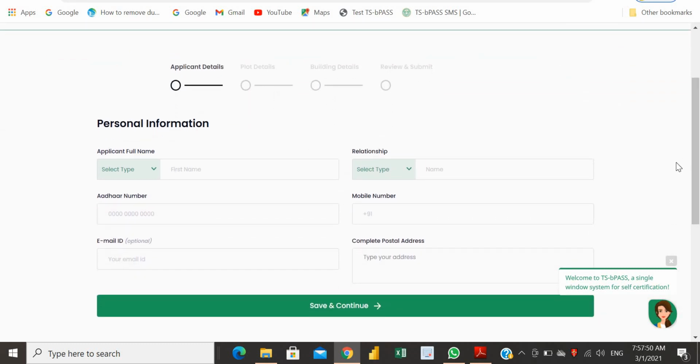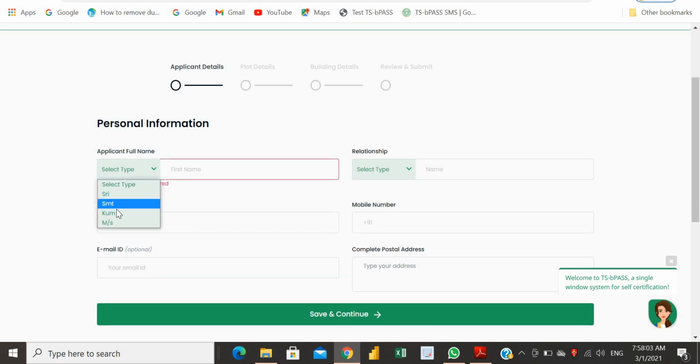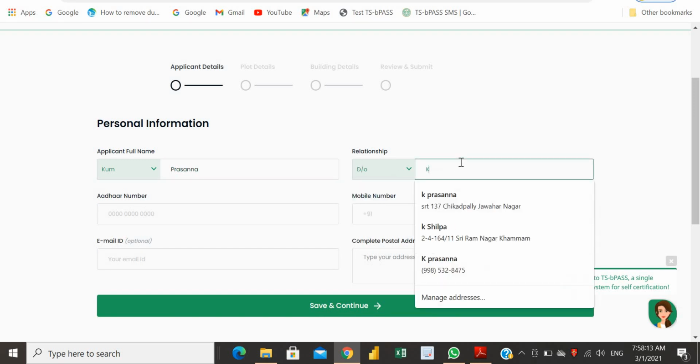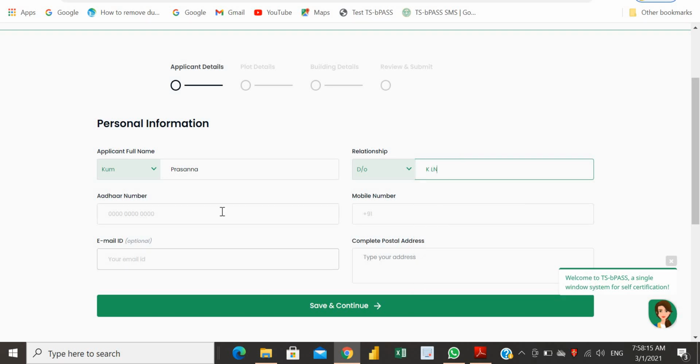Here, as in instant registration, we have 4 sections: applicant details, plot details, building details, review and submit section. So in the applicant details section, I shall give my details, means owner details. So relationship and my Aadhaar card number.